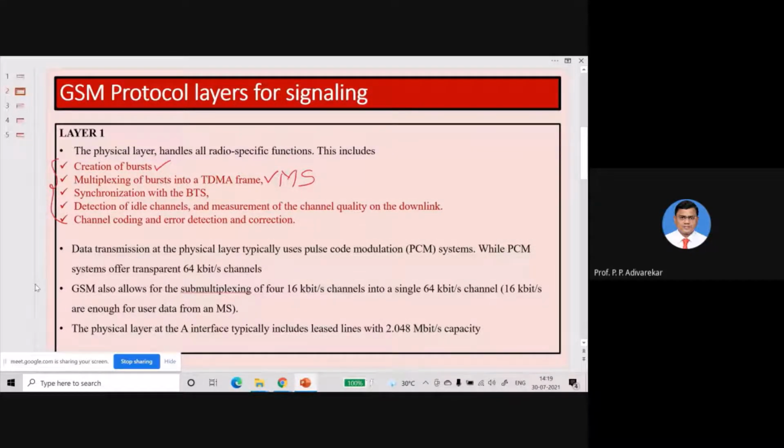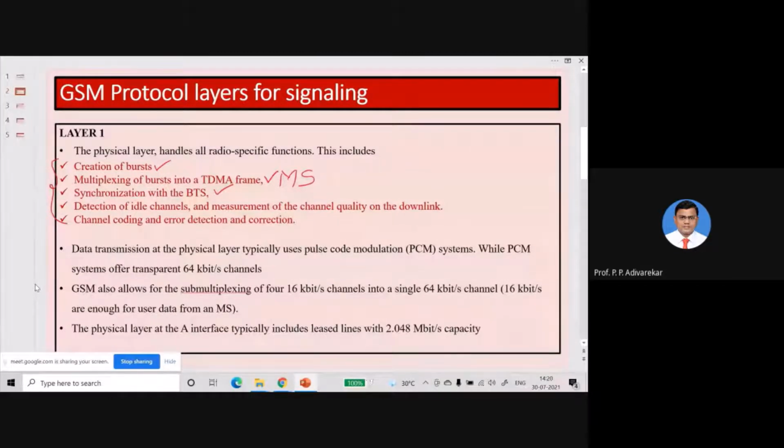Since we are using TDMA with FDMA for GSM, we are mixing them. So synchronization is necessary in the case of TDMA, and synchronization with the BTS is possible because of the physical layer. Then it detects which channels are free for communication and the signal strength of those channels on the downlink, that means from the BTS to the mobile station.